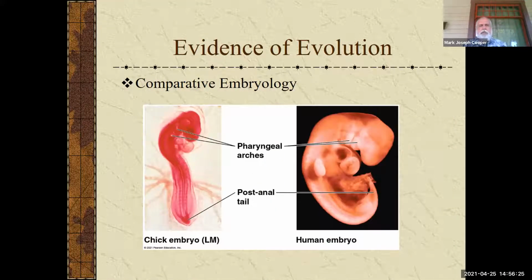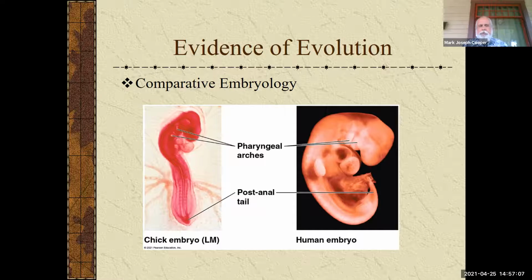Comparative embryology: some of the things in vertebrates especially, we have pharyngeal arches that are used in chicks and humans. Those pharyngeal arches in fish would actually become fish gill supports. In us, some of those will actually evolve into your jaw. Although we have a pharynx now, we don't have these structures like some of that show up in our embryos. And also the postanal tail,